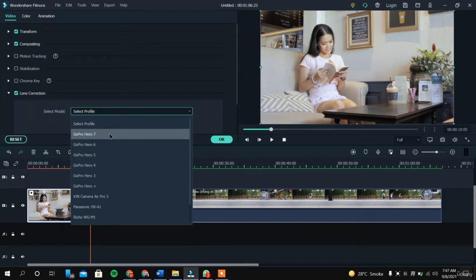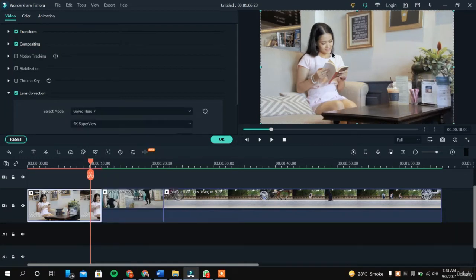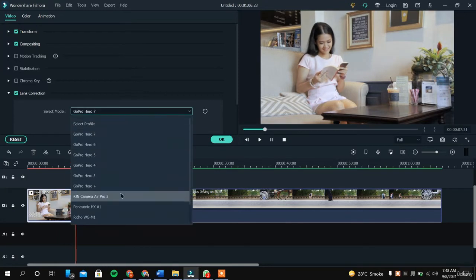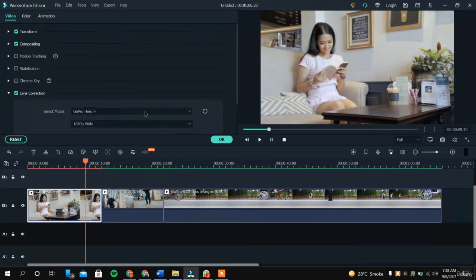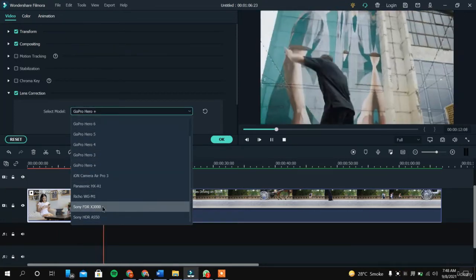So here are GoPro Hero 7, 6, 5, 4, 3, 2, 1 and cameras like Sony, Panasonic, and let's suppose I am choosing GoPro Hero 7. So my frames are affected and let's see. So my frame is something different, and if I choose this one and if I choose Sony